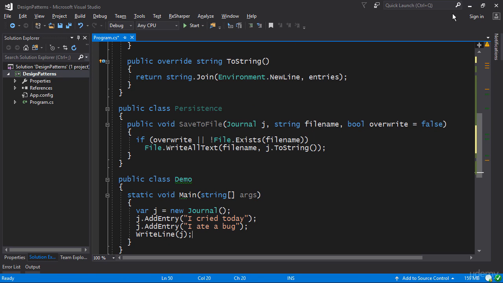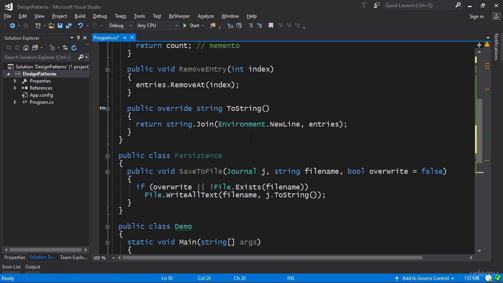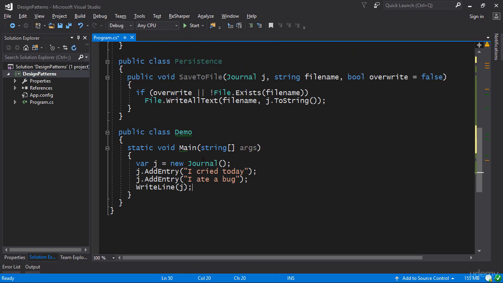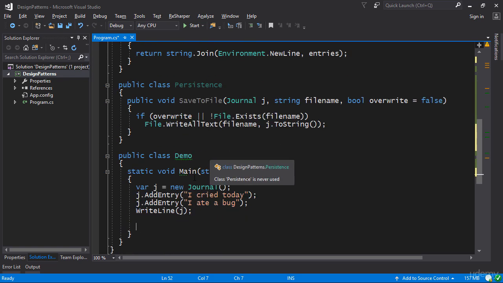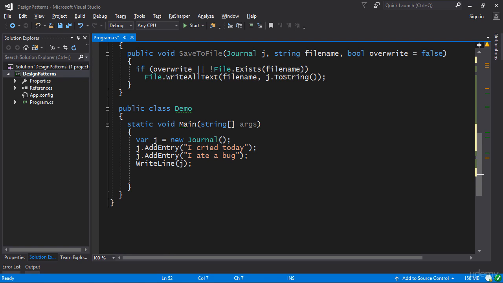So now we need two classes for persisting a journal, not just the journal itself, but also this persistence class. But the consequence and the side effect of this is that you now have a separation of concerns. So the journal is concerned with keeping a bunch of entries, and the persistence class is concerned with saving whatever object it's being fed, whether it's a journal or something else, to a file or maybe to some web storage somewhere. So you would say var p equals new Persistence,